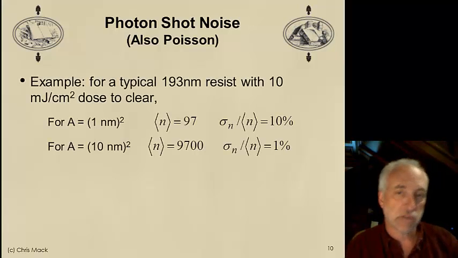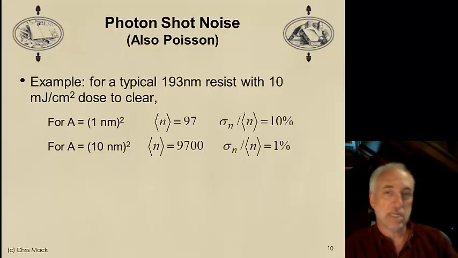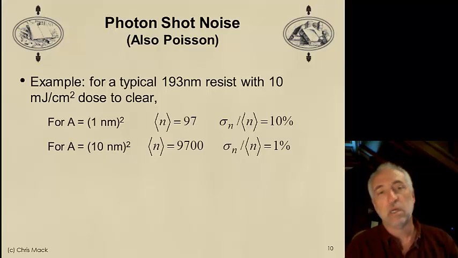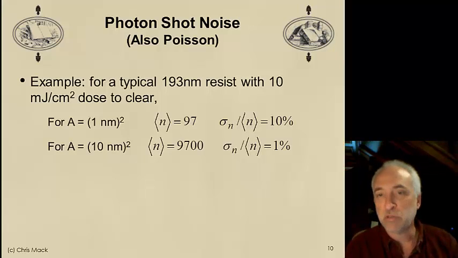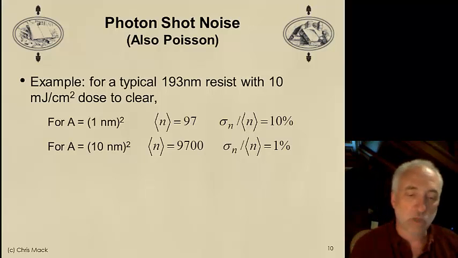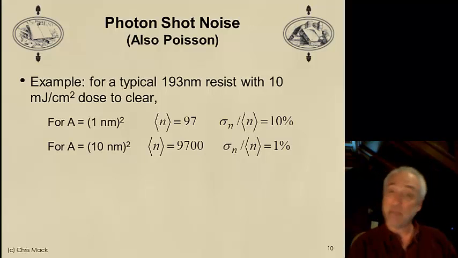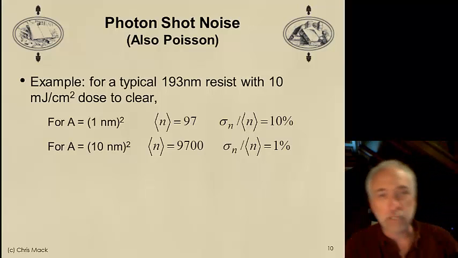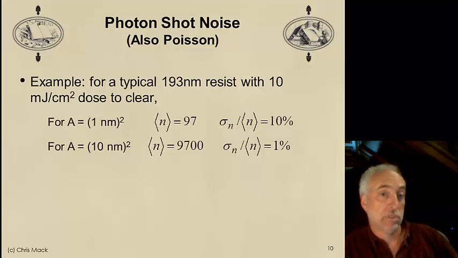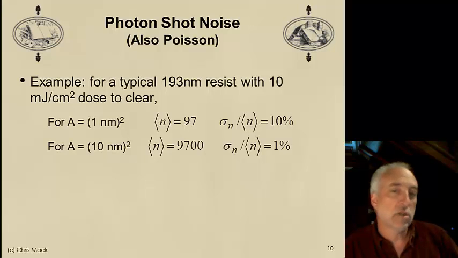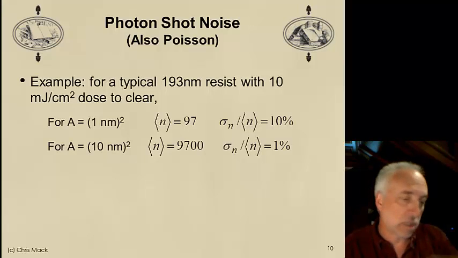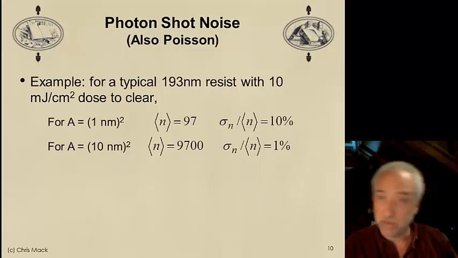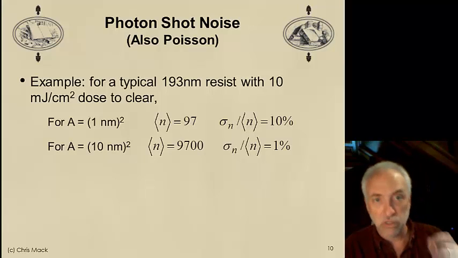Let's give you an example. If I have a 193 nanometer resist, and let's say it has a 10 millijoule per square centimeter dose to clear, that is, the minimum dose required to make the resist wash away in the development time, that means the exposure dose near the edge of the photoresist feature is about 10. That's a good rule of thumb. Basically, whatever the dose to clear is for your photoresist, that's about the dose at the